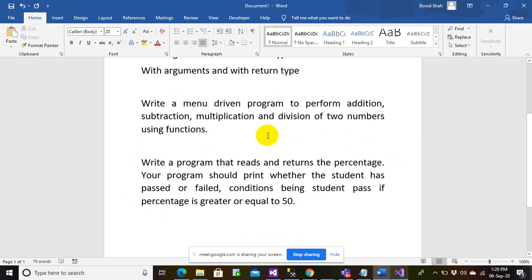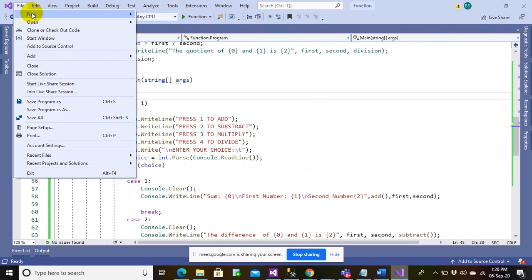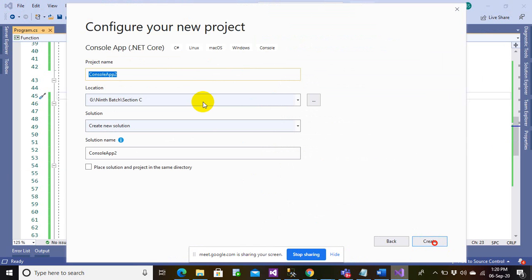Let's go to a new program, and I'm going to call it returning percentage.